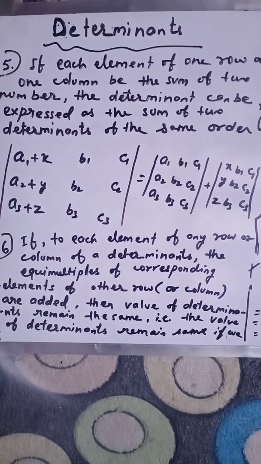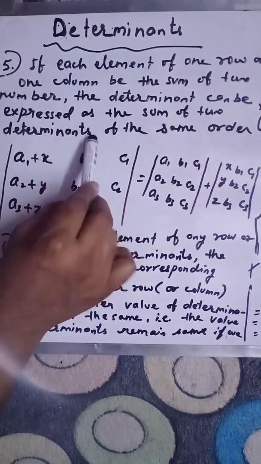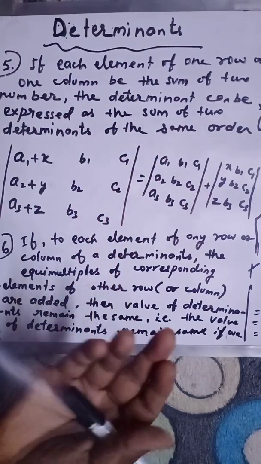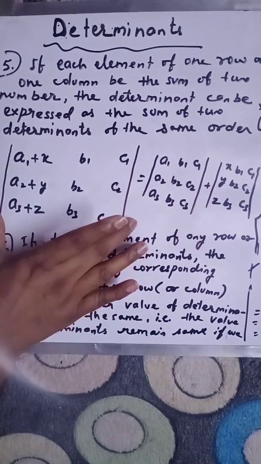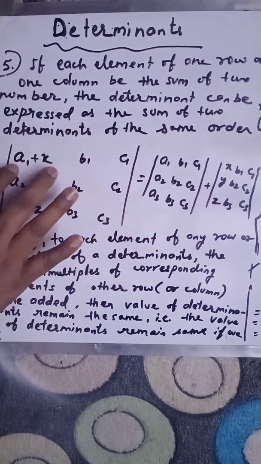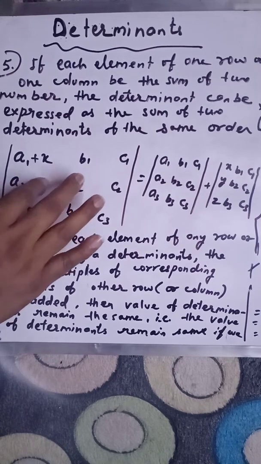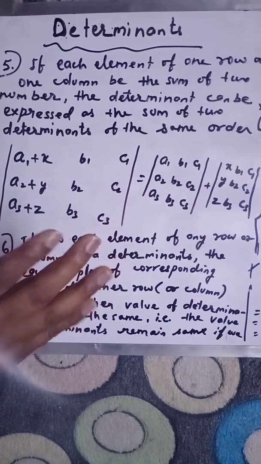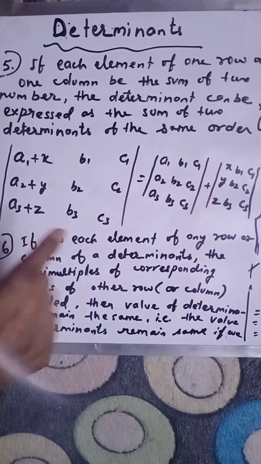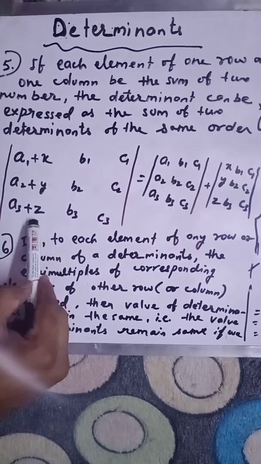Yes, our next property is property number 5. Okay. So we will discuss this statement. First of all, I want to tell you what this property actually is. Fine. So here, this is a matrix. In this matrix, we are getting a sum of 2 numbers in column C1. In any one column, this sum can be in any row. So here we are taking an example of the sum of 2 elements only in one column. Like this. Fine. So here the 2 elements are adding, as you can see.